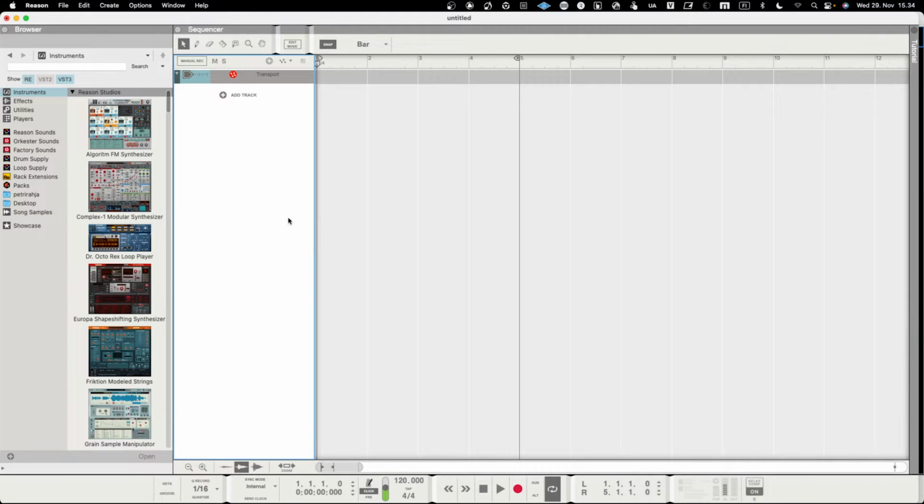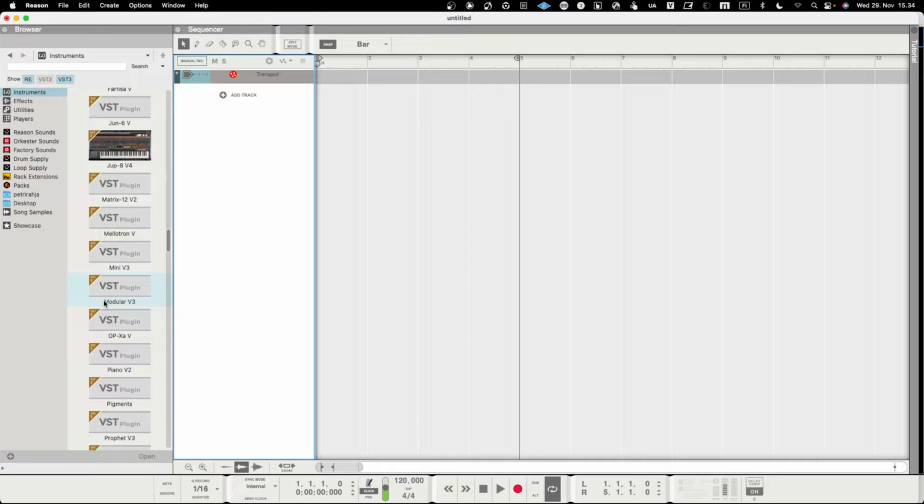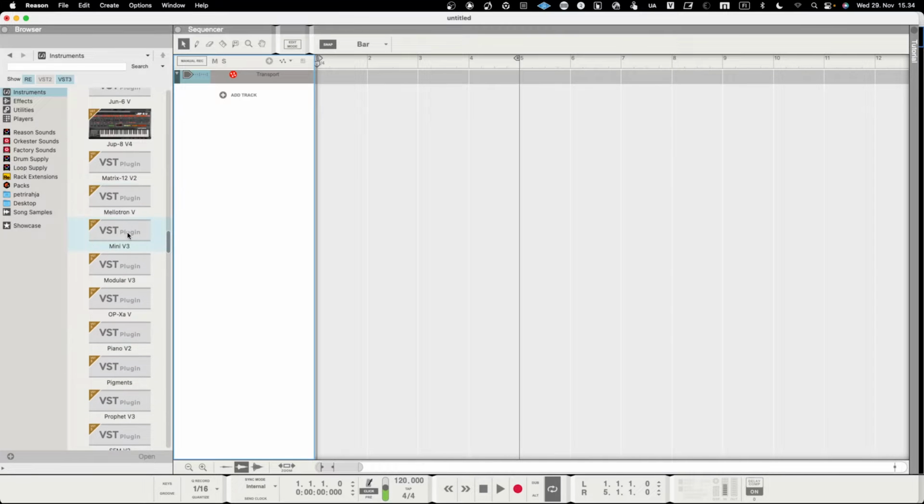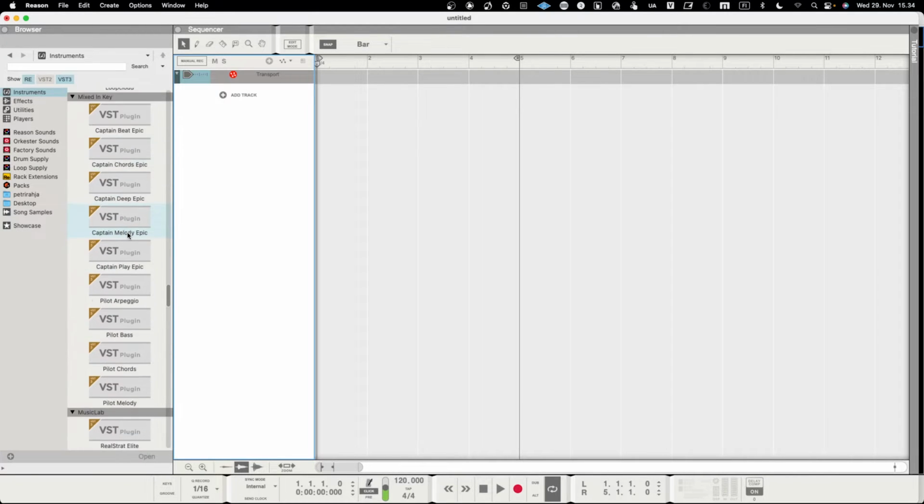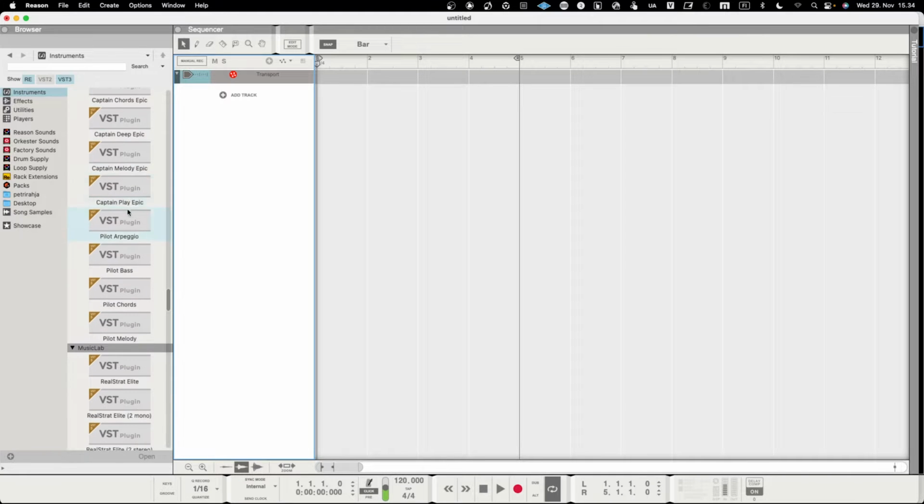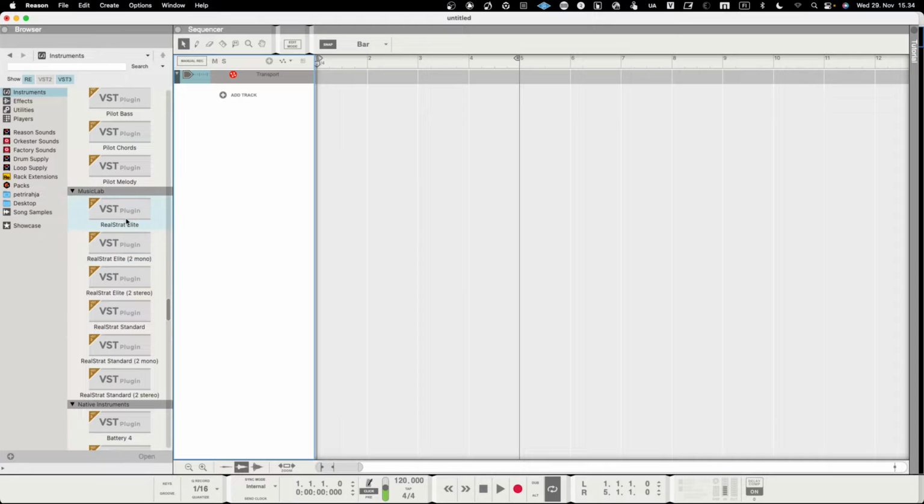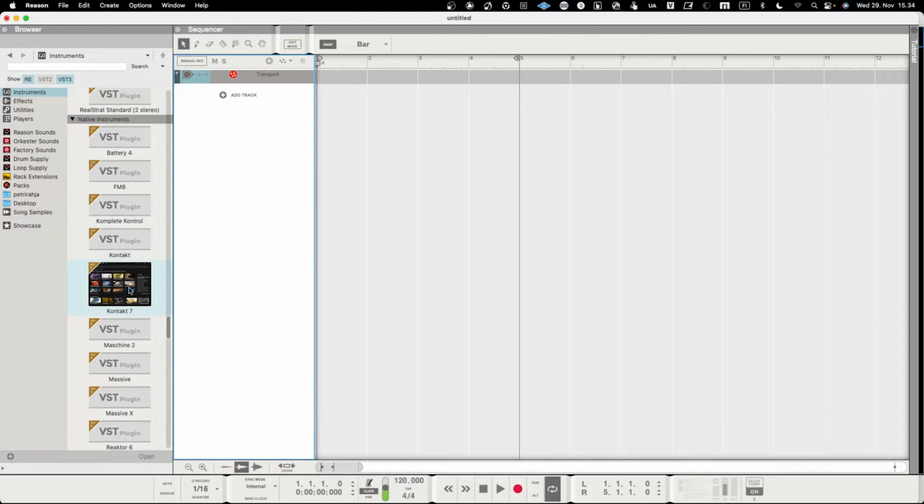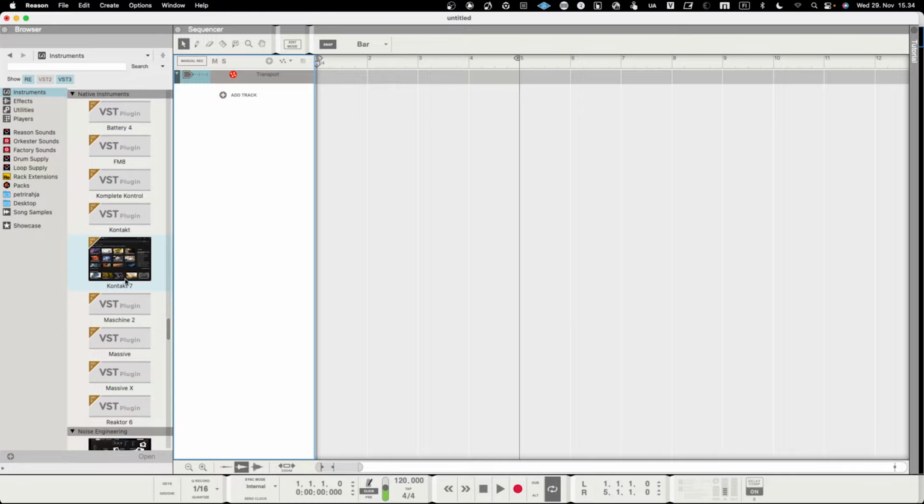So in Reason, when you are starting to work with your presets and your library, of course, here you have the library also and the browser on the left-hand side. It changes place. Like in some digital audio workstations it's on the left-hand side, in some others it's on the right-hand side. But anyway,